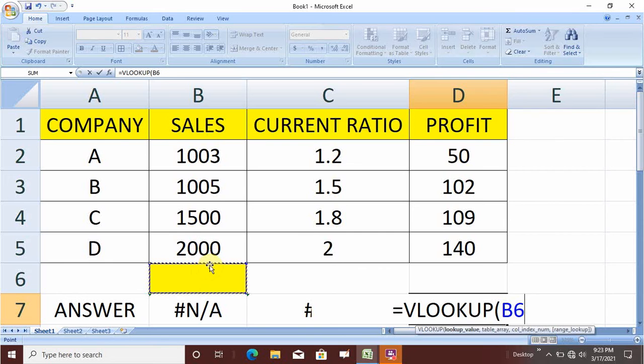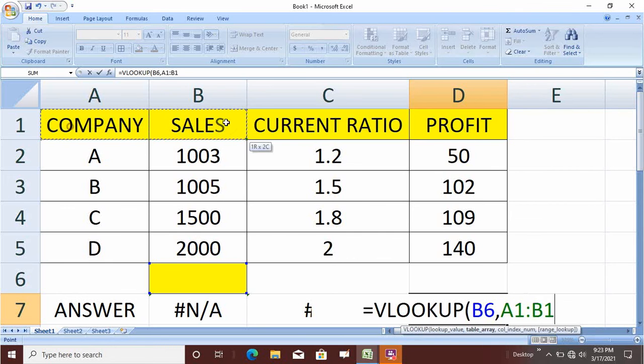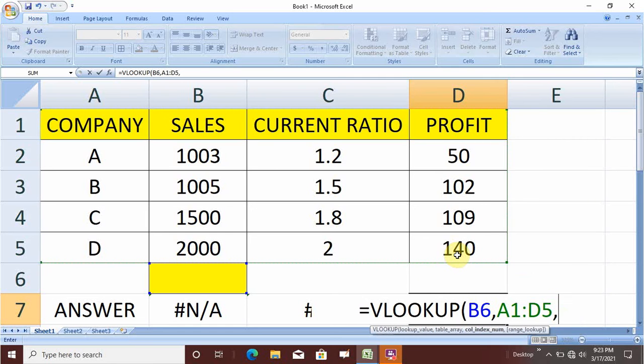So the B6 cell, again a comma, select the entire set of data, then again a comma, then put the column number. Company is the first column, sales is the second column, current ratio is the third column, and profit is the fourth column. Anywhere this entire table is kept, don't get confused with A and B. It is the first set of data in the table that counts. So company is the first, sales is the second, current ratio is the third, and profit is the fourth.